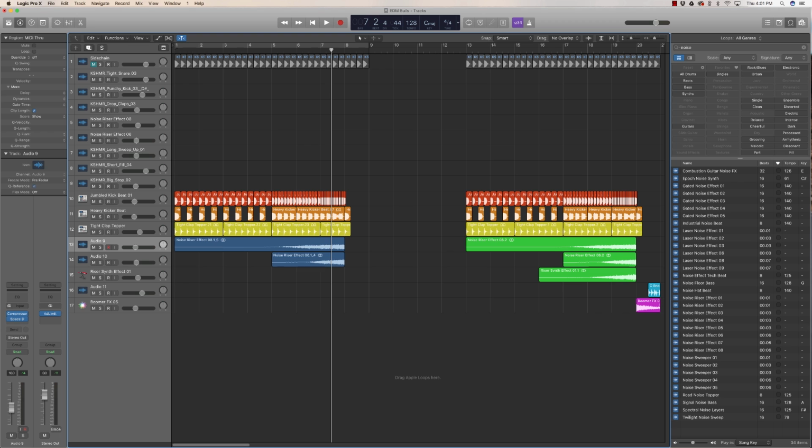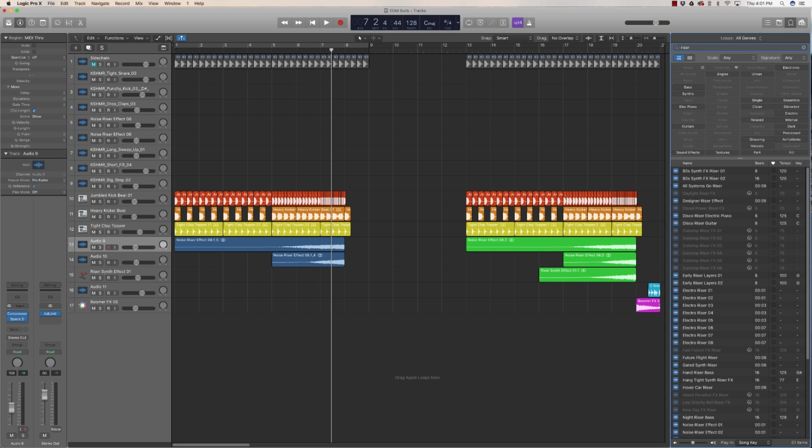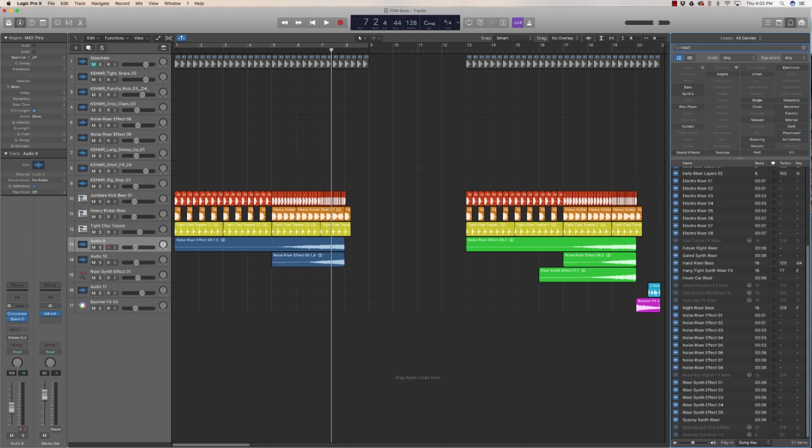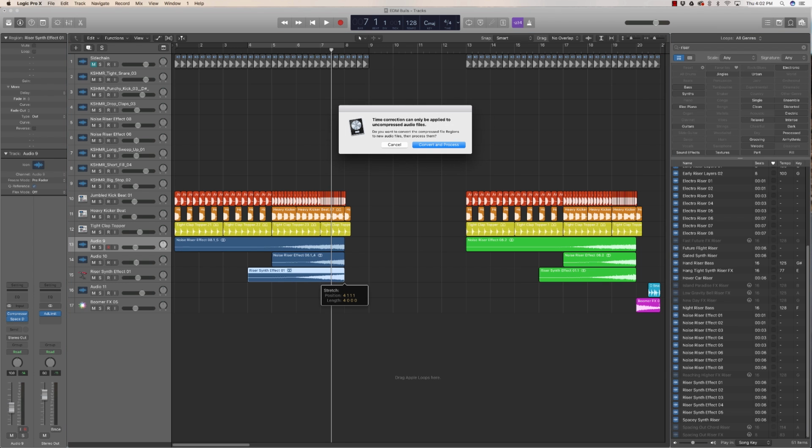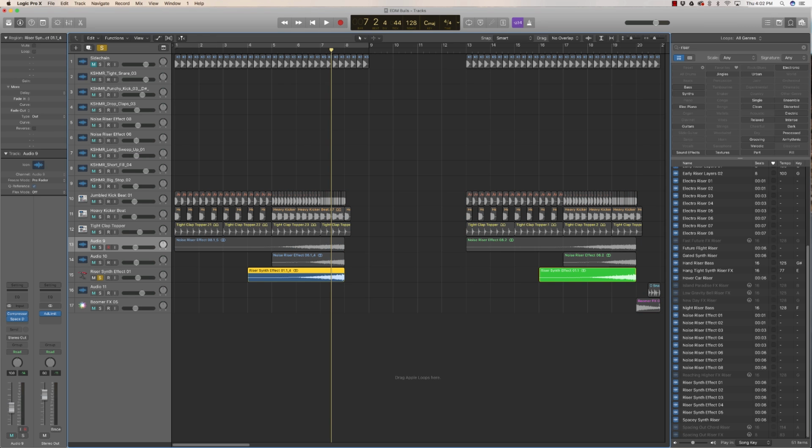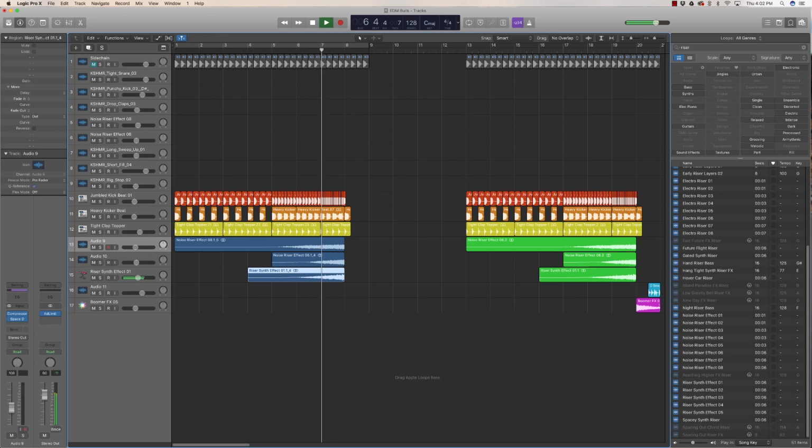And finally, you want also a tonal riser, meaning that you have a note that keeps increasing in pitch. That brings a lot of anticipation within the buildup. So using this riser synth effect number 1, we're going to drag this, and again it's a matter of time stretching it a bit just to fit our tempo for this session, and we get this nice